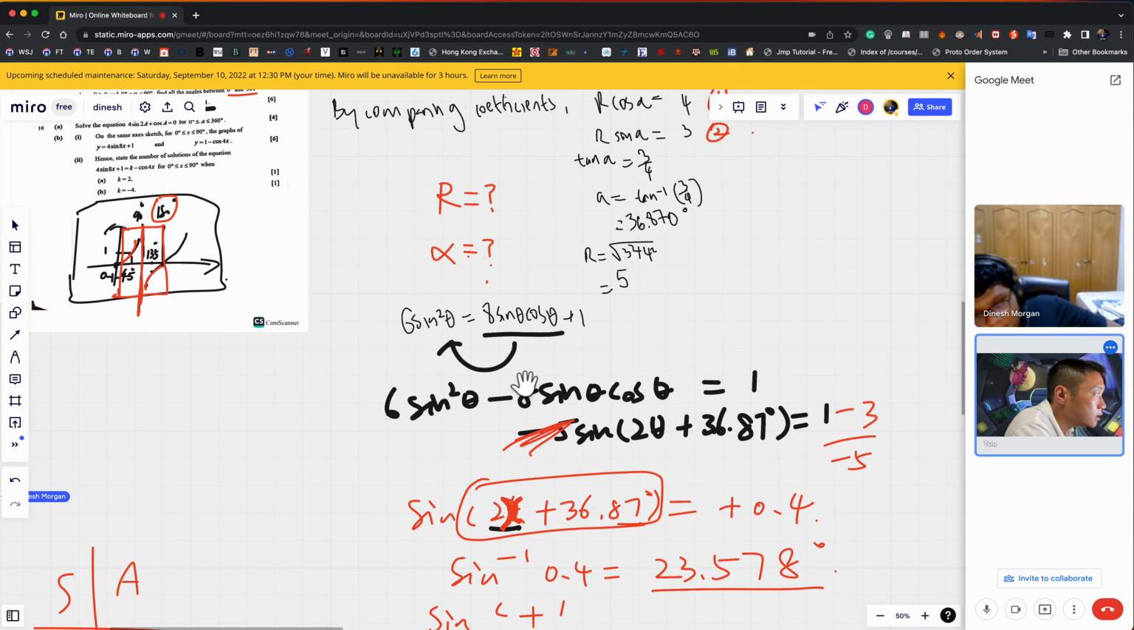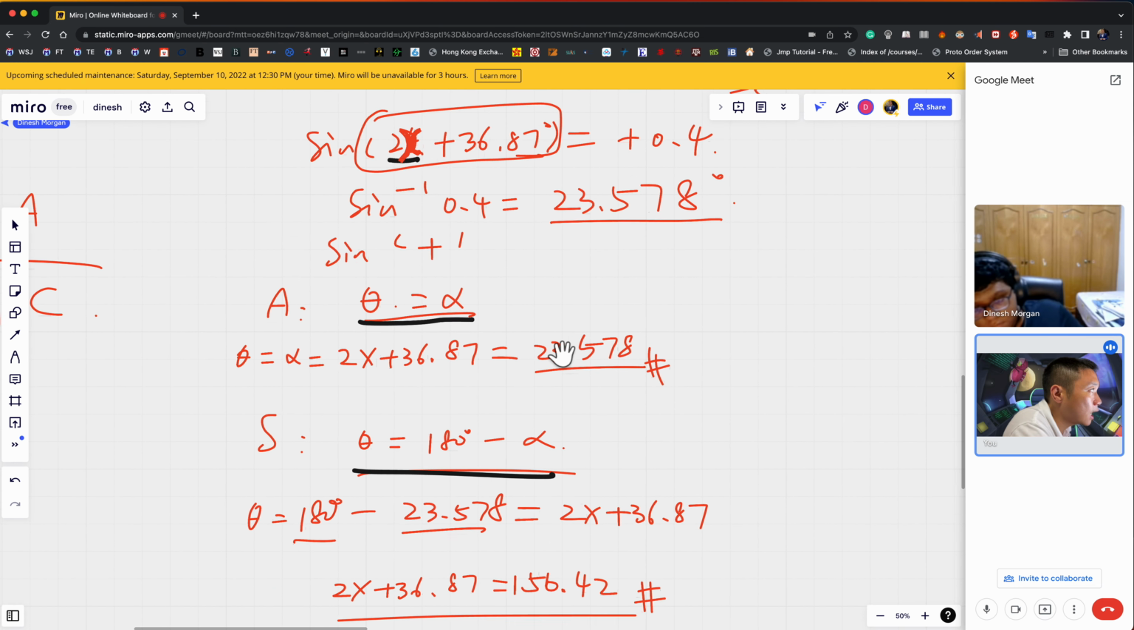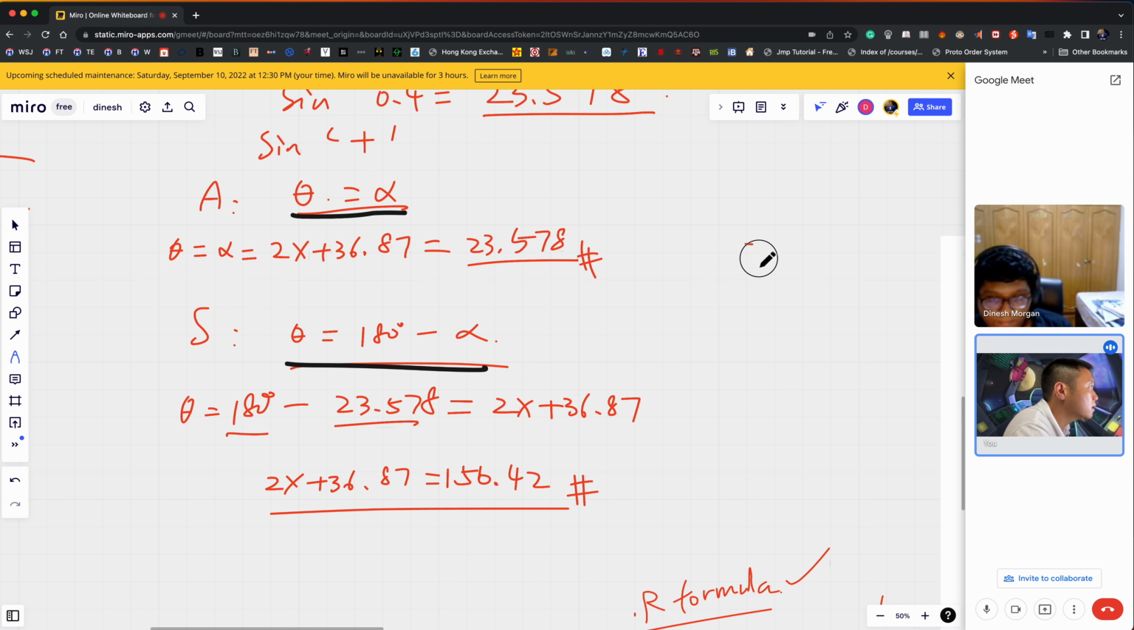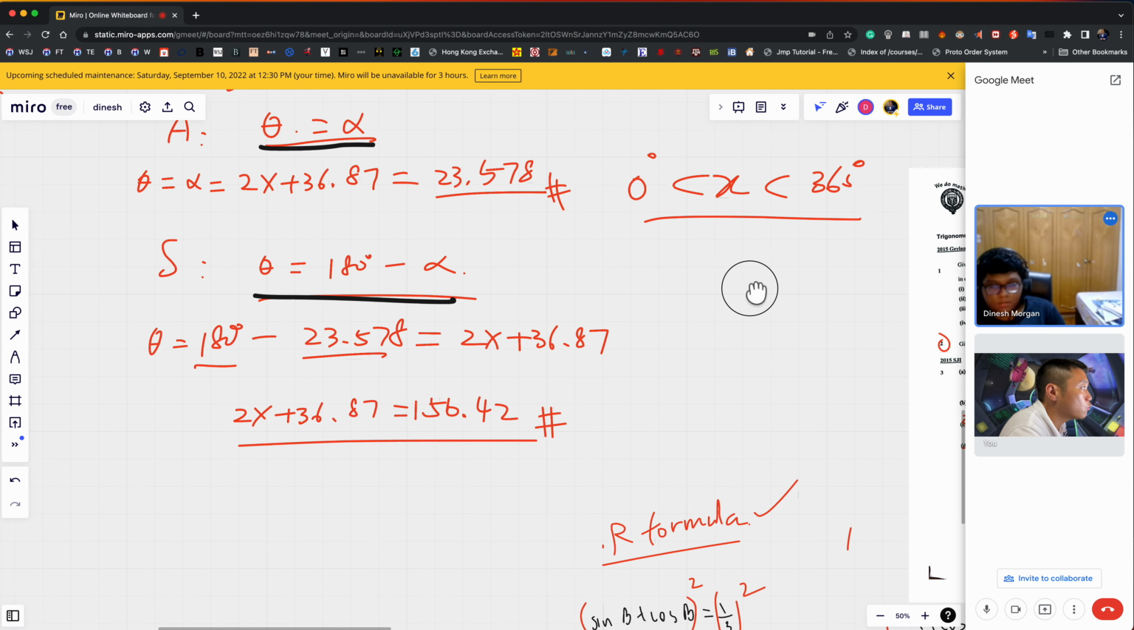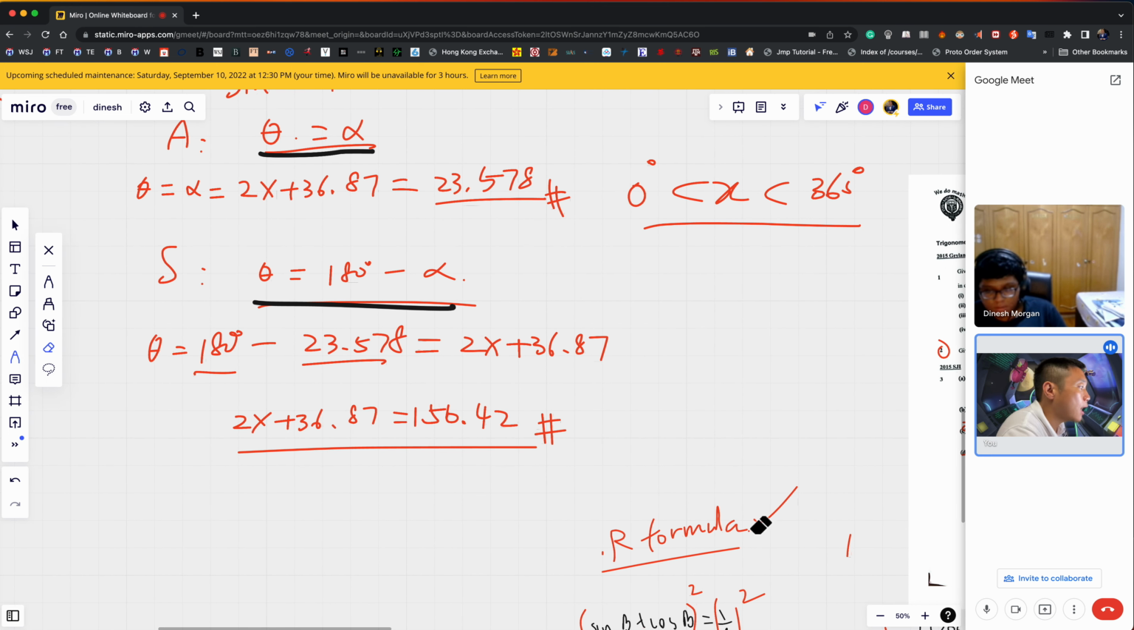Yeah. For their theta, in this case, I rewrote it as x. So they want the x to be in this range. So as long as your x is in this range, you have to accept the answer, right? Yeah. Okay. So what I'm trying to tell you is, you need to add 360 and minus 360 to your